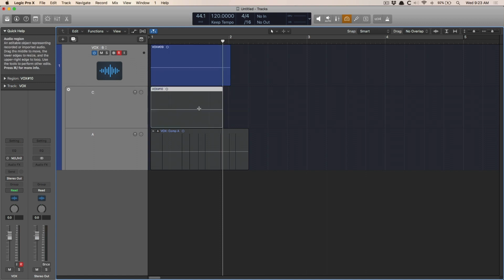What's pretty cool as well about track alternatives is we can select certain portions of track C or A and promote them to the main playlist. So let's use the marquee tool. I'm going to click and drag. I'm going to use Option, click, and I'm going to drag this part of the region up,